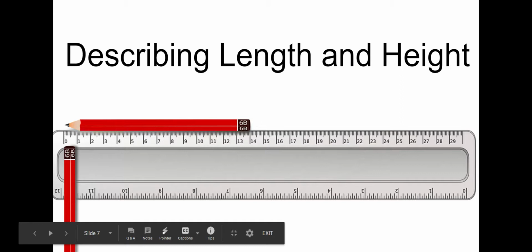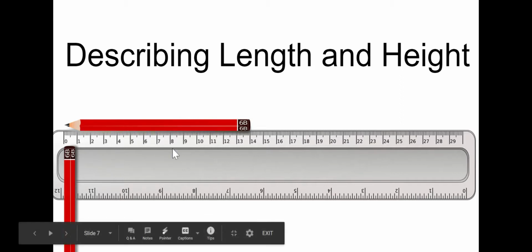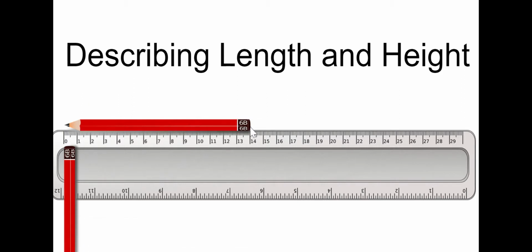Describing the length and height. So this pencil's length and height, we have starting at 0. This is a ruler, by the way, and this is inches down here, and this is centimeters. The centimeters are smaller than inches. So starting at 0, this pencil is 14 centimeters long,